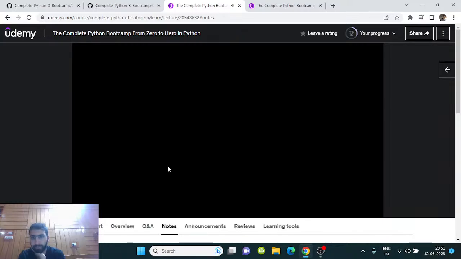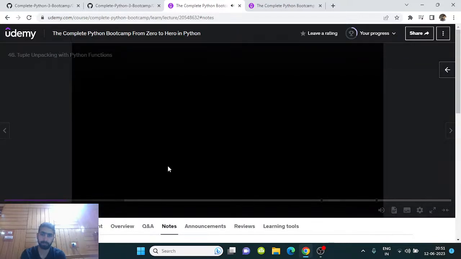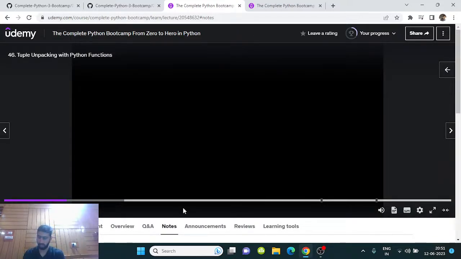ticker. Run that, and what it's doing is it's unpacking ticker and price separately, so I can do different things with